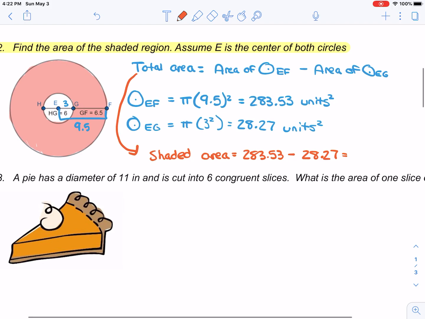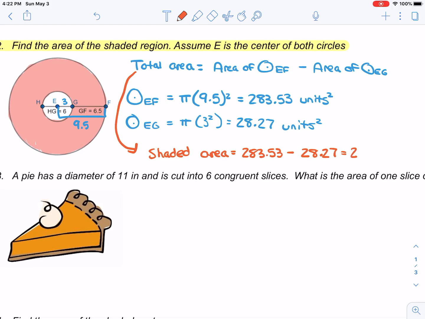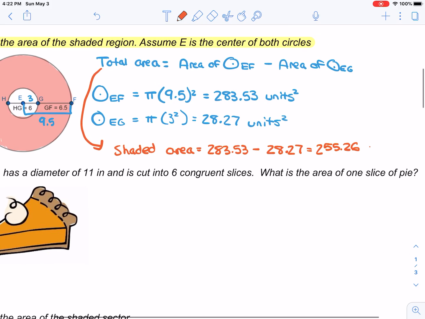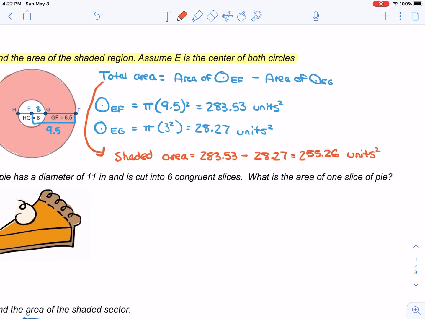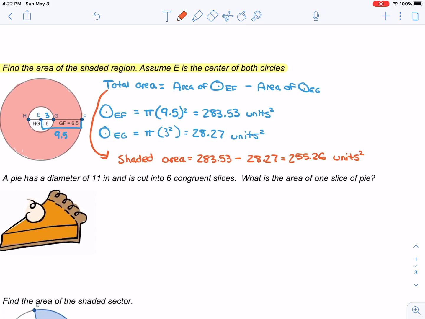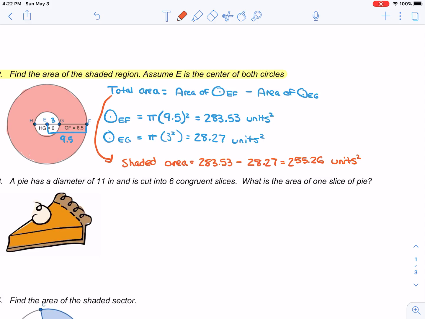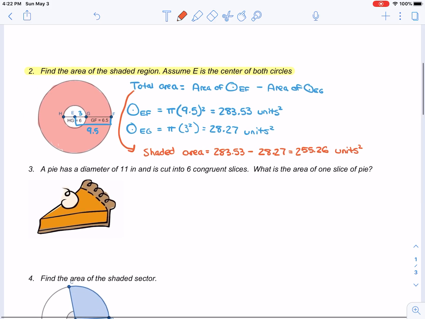And when we enter that, we should get 255.26 units squared. Okay, so anytime you have problems like this where there's a shaded region, always just find the biggest region and subtract those non-shaded parts from it, okay? So